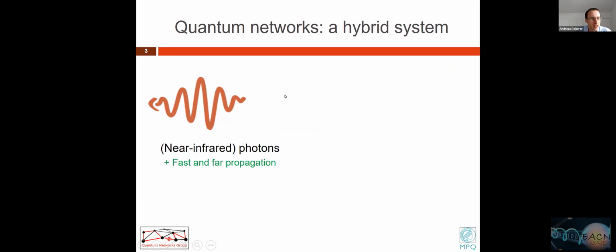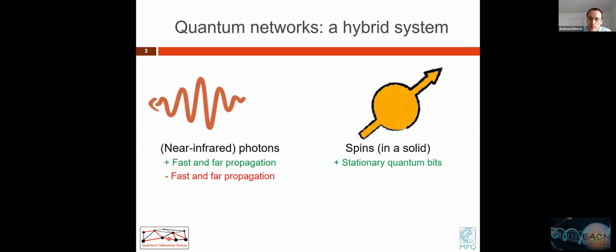That's really unique for communicating quantum states, but it's a disadvantage for applications in which you want to keep quantum states and manipulate them, just because these photons tend to leave your range of influence at the fastest possible speed. Therefore, for applications such as sensing and computation, other physical systems are often employed. A candidate that has emerged in the last decades is spins in a solid. These spins have a unique property. They are very stationary quantum bits. An impurity atom in a solid is stuck there, basically trapped forever, and it can keep its spin for a very long time, up to 6 hours.